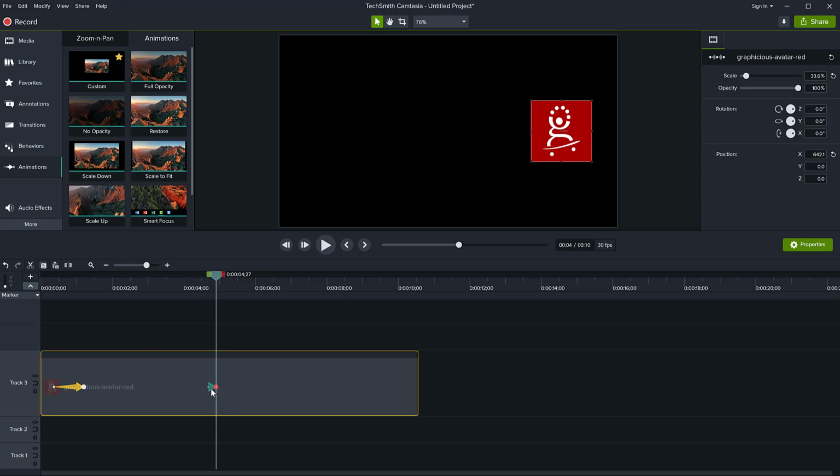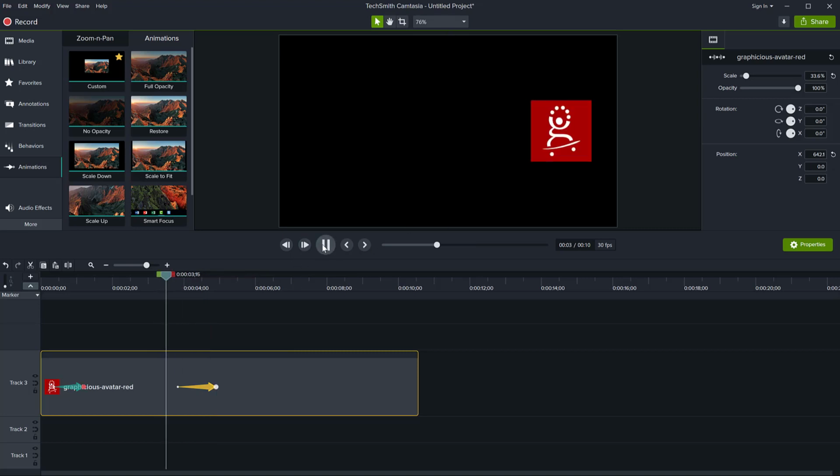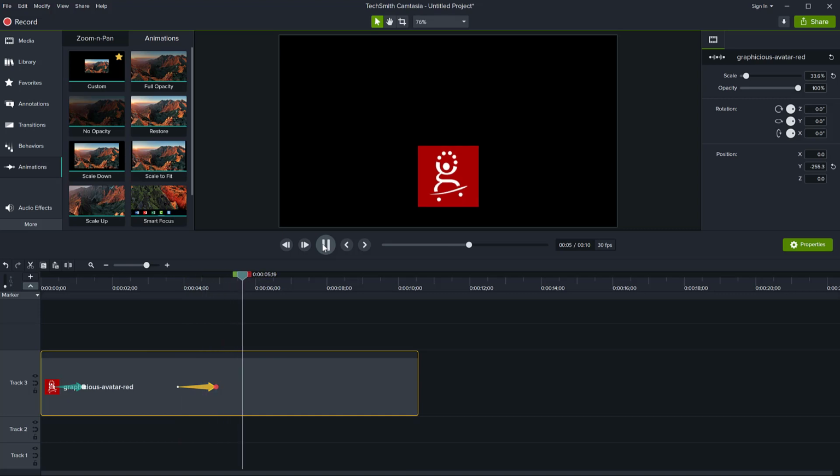And let go. And now let's see what happens. I'm going to pull the beginning of my animation to make it longer, and in the end of the animation I want my object to be down here in the middle. Let's see, did that do it? Yes, it did.